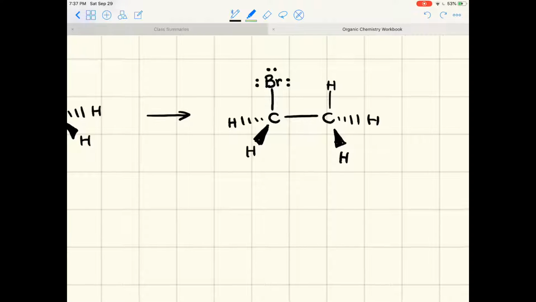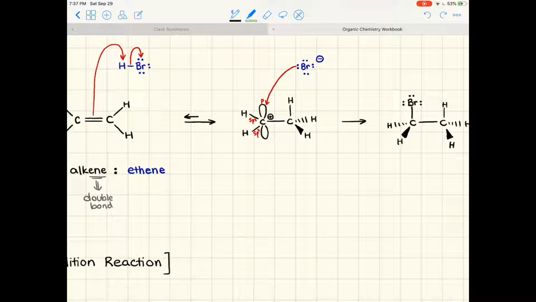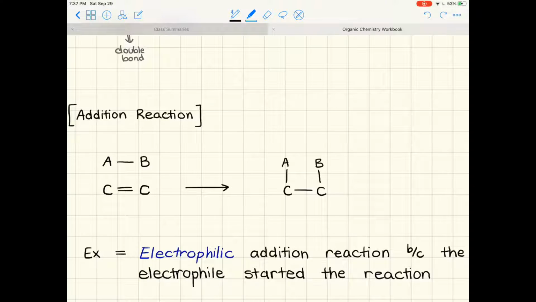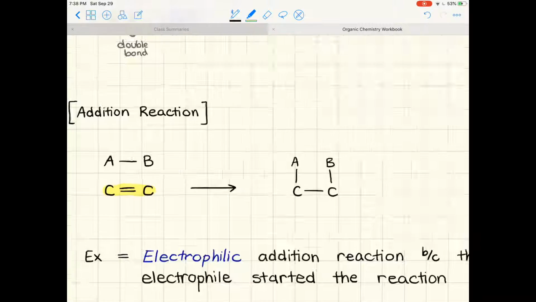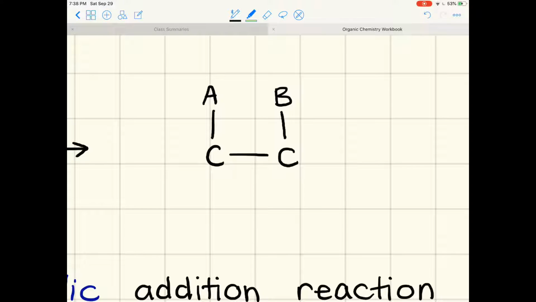And so this, what we just witnessed, the addition of both this hydrogen to this carbon and this bromine to this carbon, this is called an electrophilic addition reaction because we had ethene, or a carbon-carbon double bond, and we